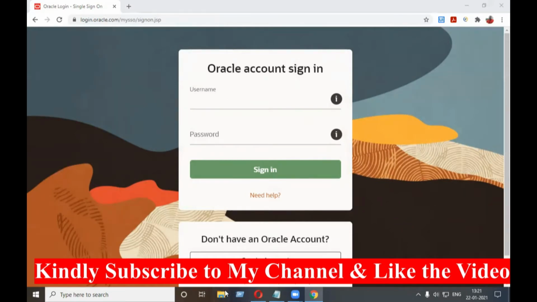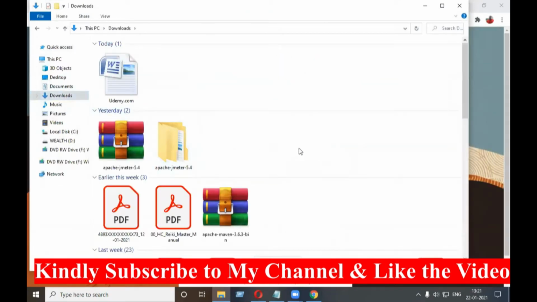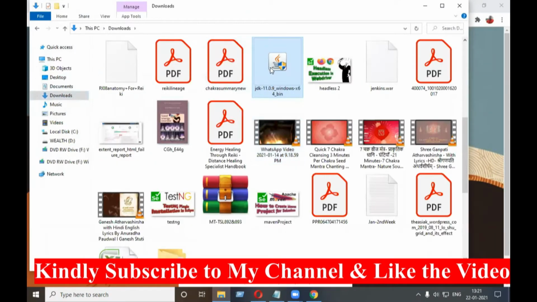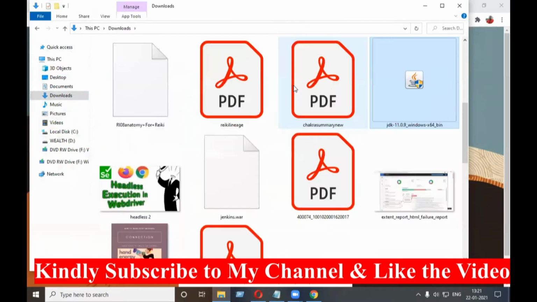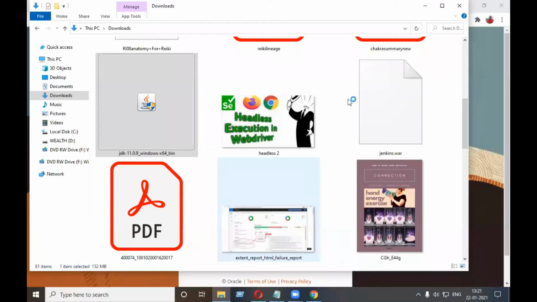In the download section, I already have JDK 11. See, this is the JDK 11 that I have. I will double click on this. It asks, do you want to allow this? Yes, I want to allow this.